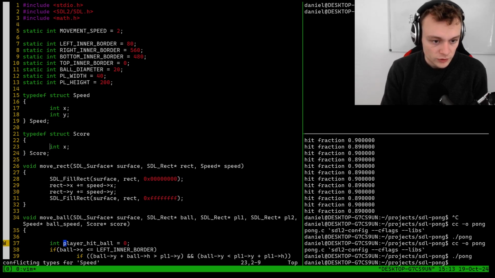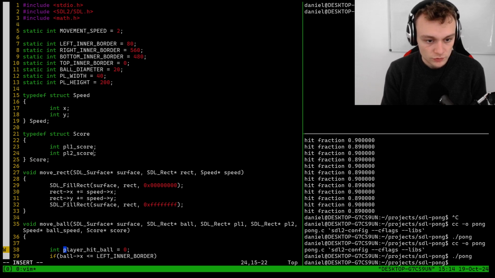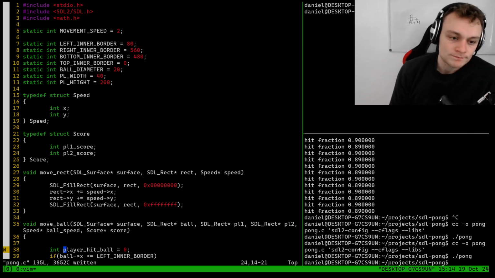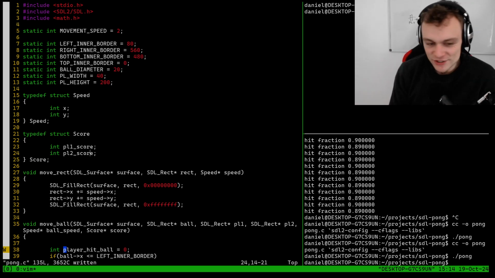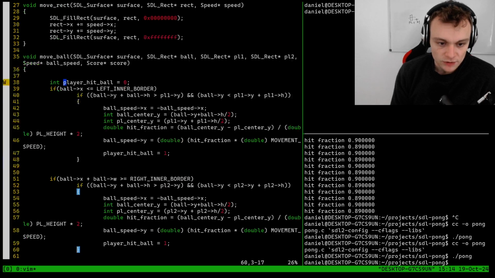And the score will contain two integers. One of them will be player1 score, and the other one will be player2 score. This could also be a simple integer array. Well, okay. Then the score is provided here, and if a player hit the ball,